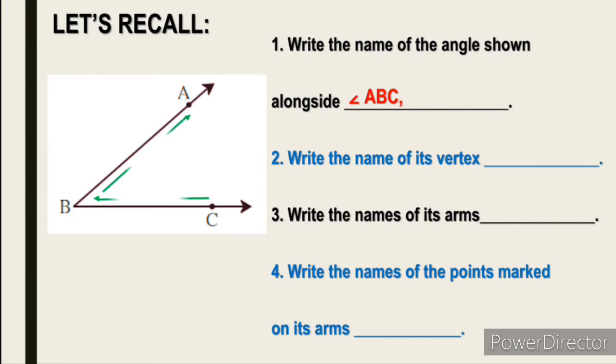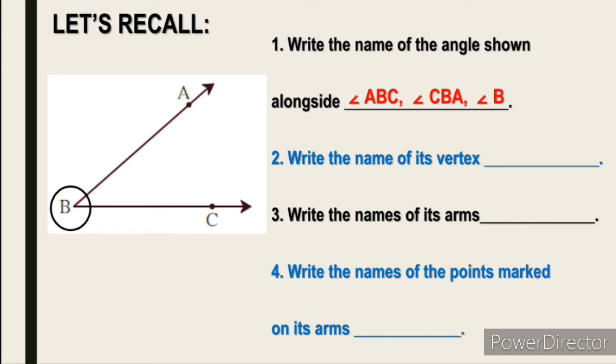You can write the angle name from C also. So it will be CBA. As angle is made on B, so B should be in the middle. The letter B should be in the middle. So this is the name of the angle in 3 letters. We can also write the name of the angle in 1 letter. As angle is made on B, we can write angle B. So name of the angle can be written by these 3 methods.